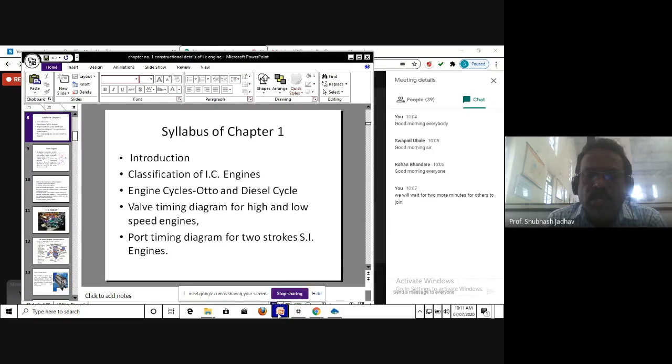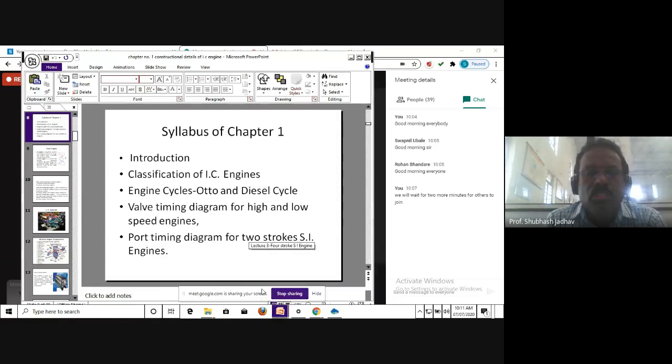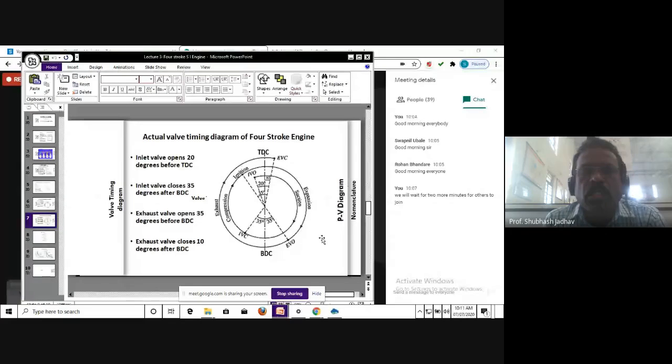And moving ahead, some more things related to this only we need to discuss. What we are seeing on the screen is the valve timing diagram. So everybody knows now what a valve timing diagram is. Basically, it is a graphical representation of the timing, that is, the opening and closing of the valves in a four-stroke engine,